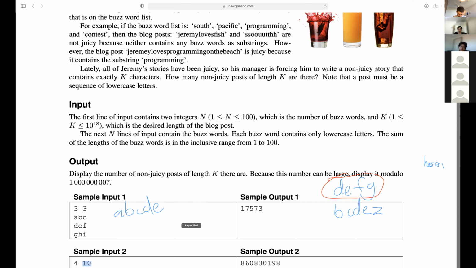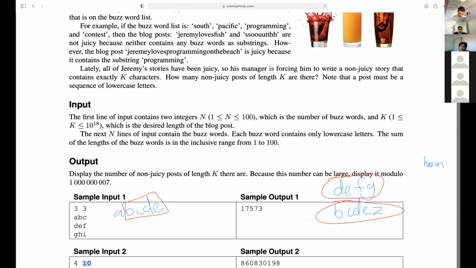Alternatively, BCDE is a prefix of the second buzzword, and so if we added a Z to the end, we would make a juicy post.